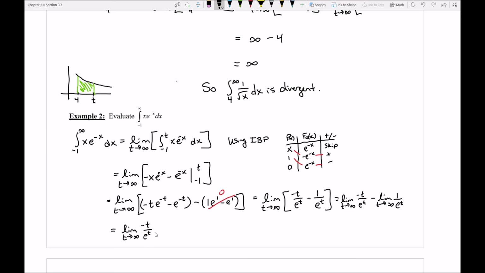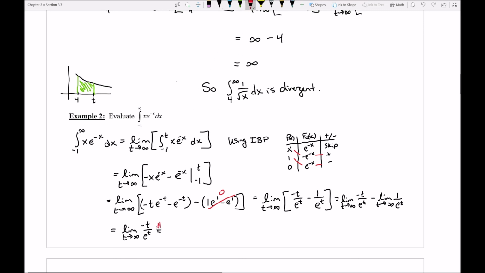So what do I do with something like this? Notice that I can't just plug in infinity and get an answer, right? If I thought about where the numerator and denominator are going, the top's going towards negative infinity as t gets larger, and the bottom's going towards positive infinity. Wait a minute. This is a perfect time for some awesome Calc 1 limits, or limit ideas. What about